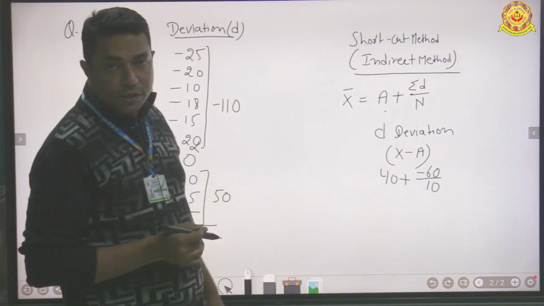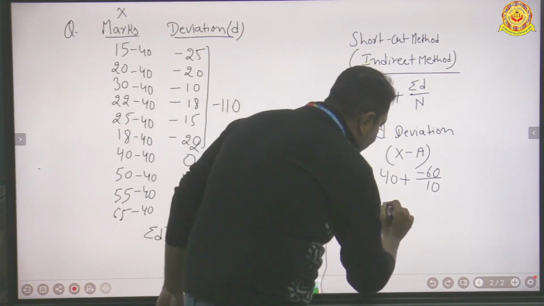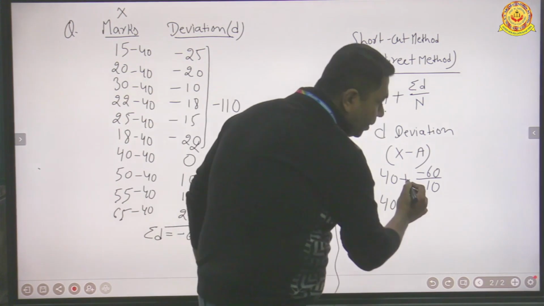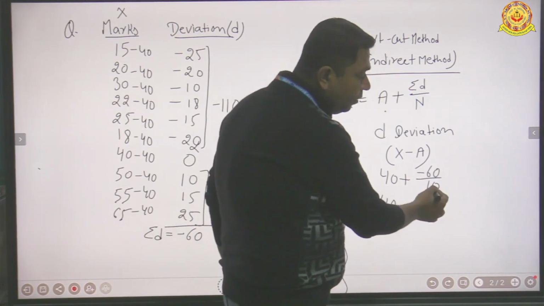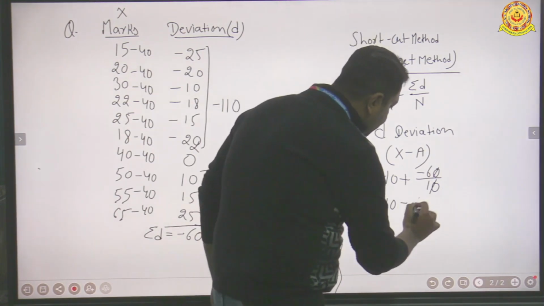Sigma d is minus 60 and the number of items is 10. Now 40 plus, when minus 60 is divided by 10, we are getting minus 6. So 40 minus 6,